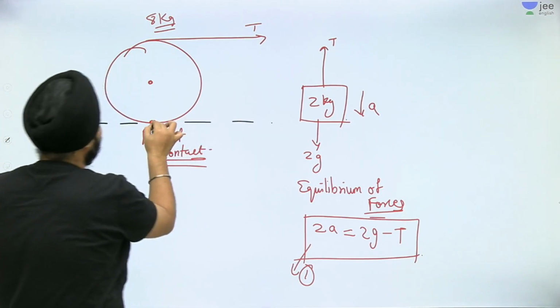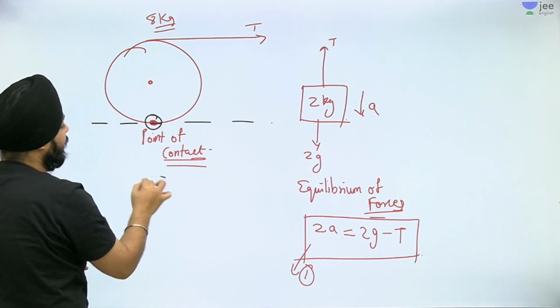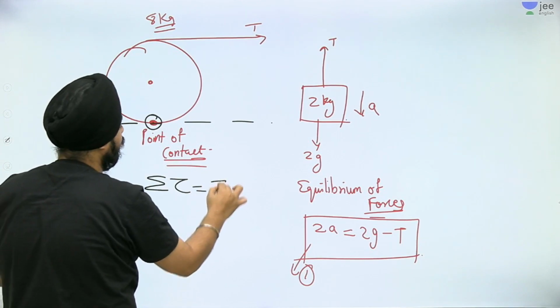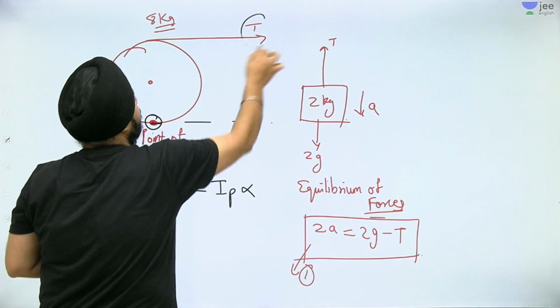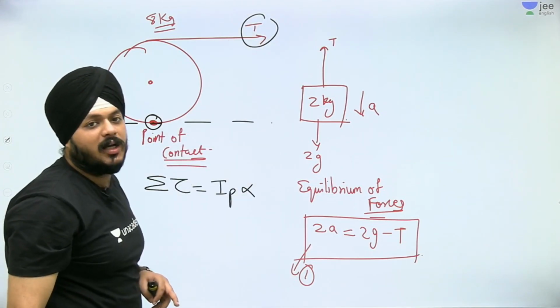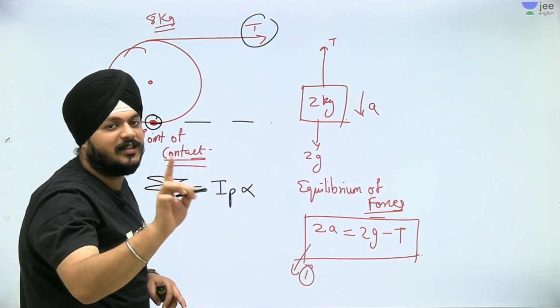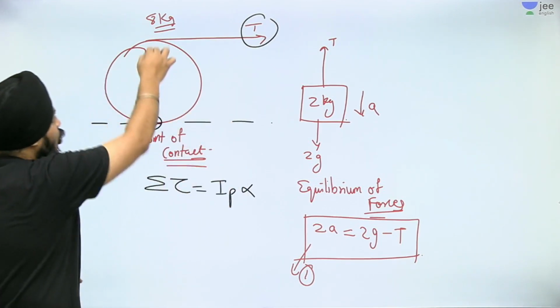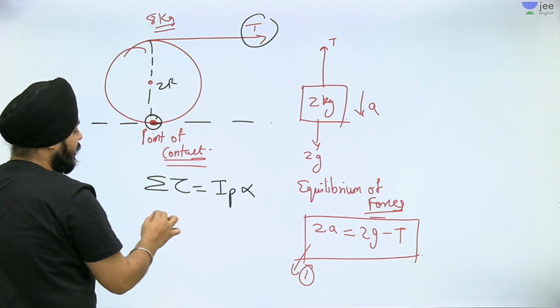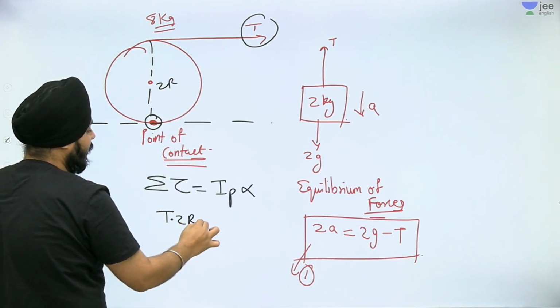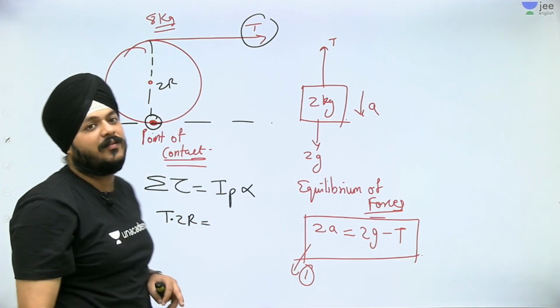About this point, I have to apply the condition of net torque, that is equal to I_P alpha. See, only tension is producing the torque. Only tension is the force that is producing the torque. So this distance would be 2r. So can I say T times 2r is equal to, see, solid cylinder is having the,